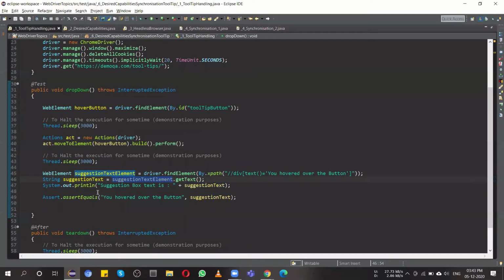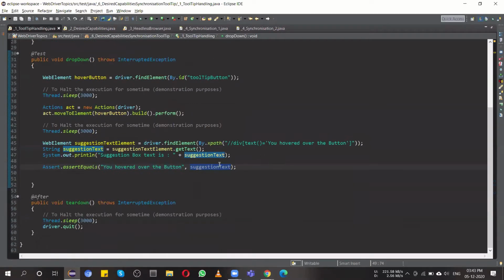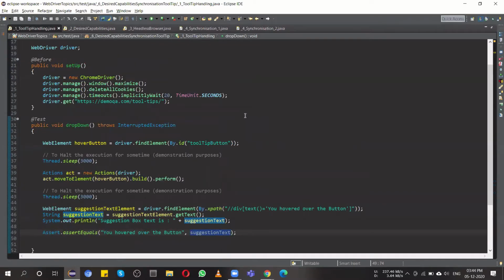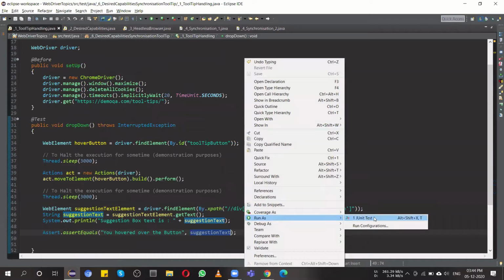Then I'm asserting that this is my expected and the actual is coming from this particular web element, converted toString, and the string is compared with this string, which I hard coded over here, which is my expected value, and this is the actual value. Whenever the execution is going on, it gets fetched and compared with this. Okay, so I'll execute this script now.